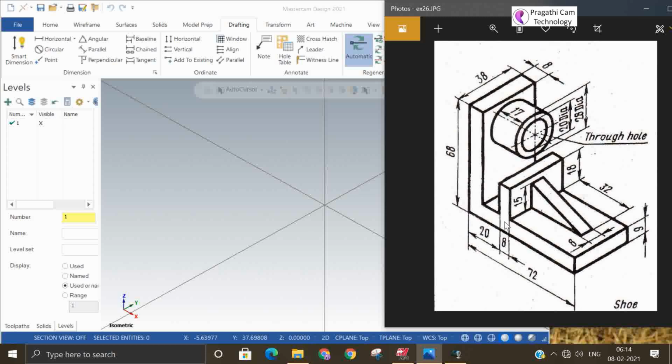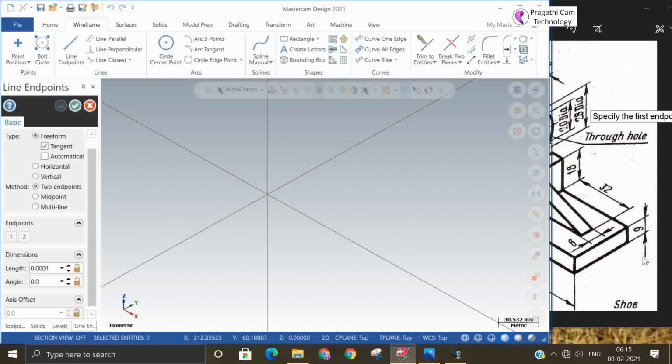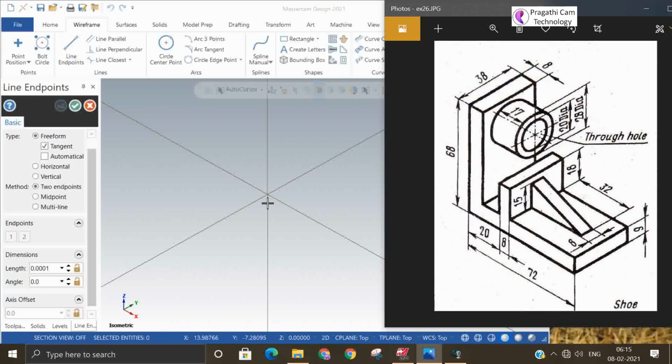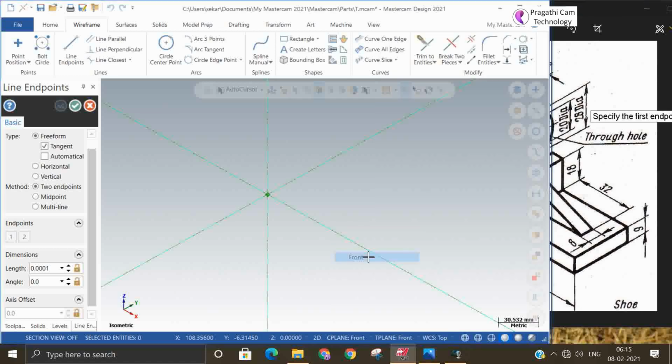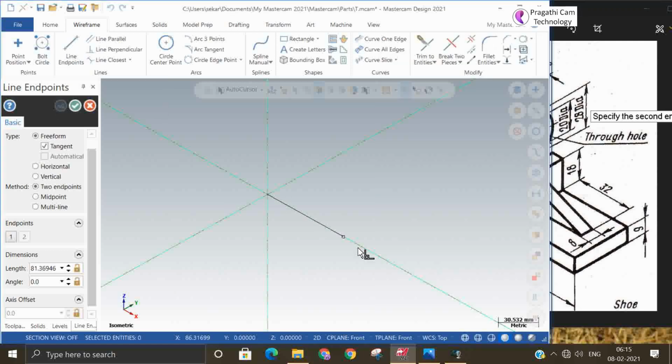From this drawing I understand my base feature is the F shape. I am going to keep this in the C plane. If you keep it in front view, you will get maximum visibility of this drawing. I kept my C plane front, and there is a 72 horizontal line.